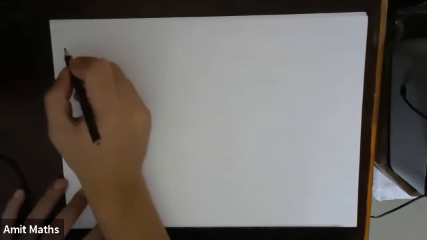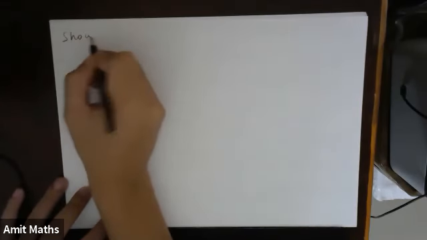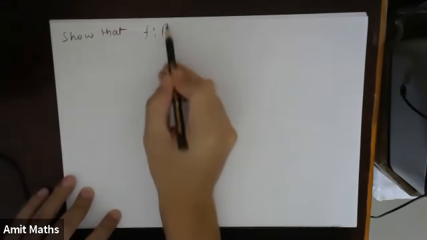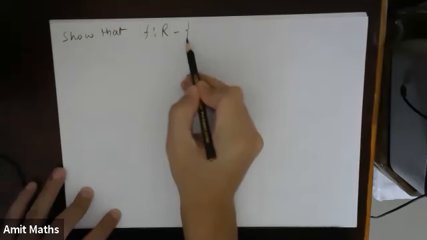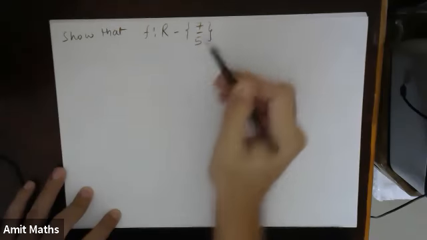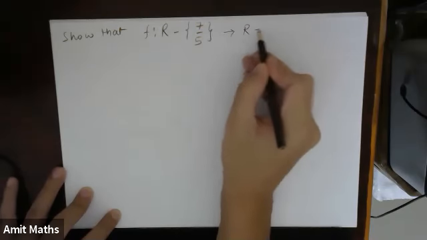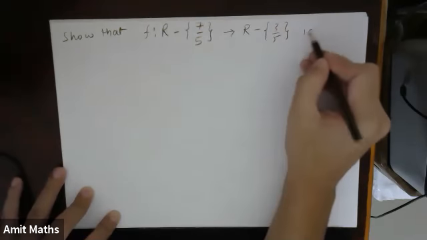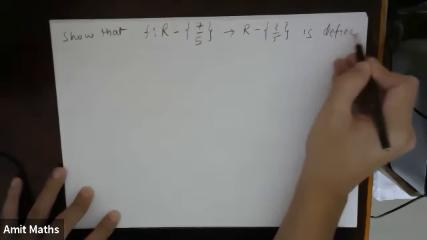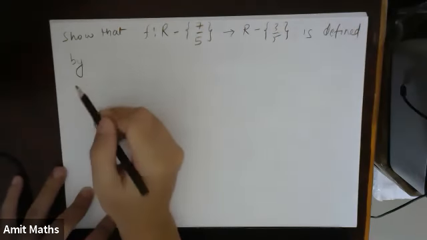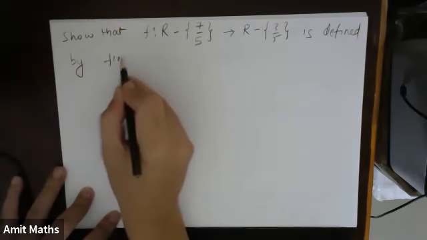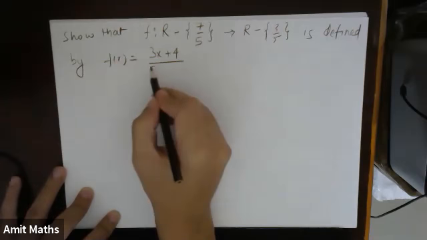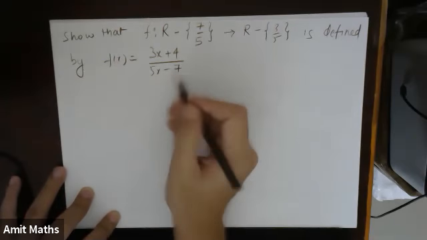They have given: show that f from R minus 7/5 to R minus 3/5 is defined by f of x equals 3x plus 4 upon 5x minus 7, and